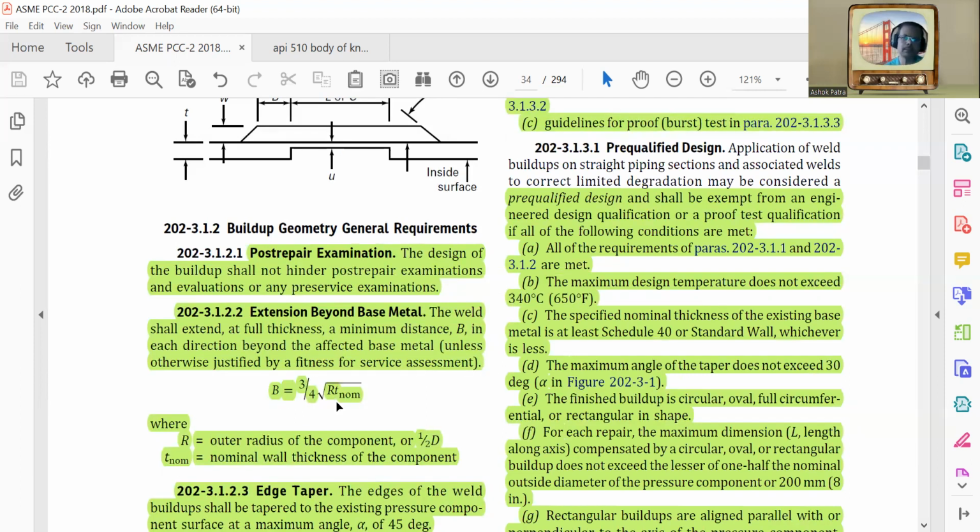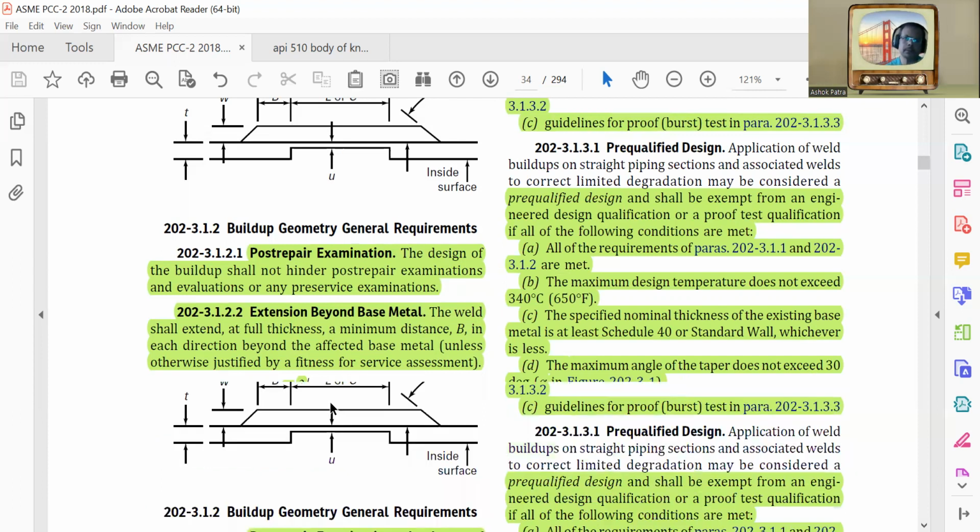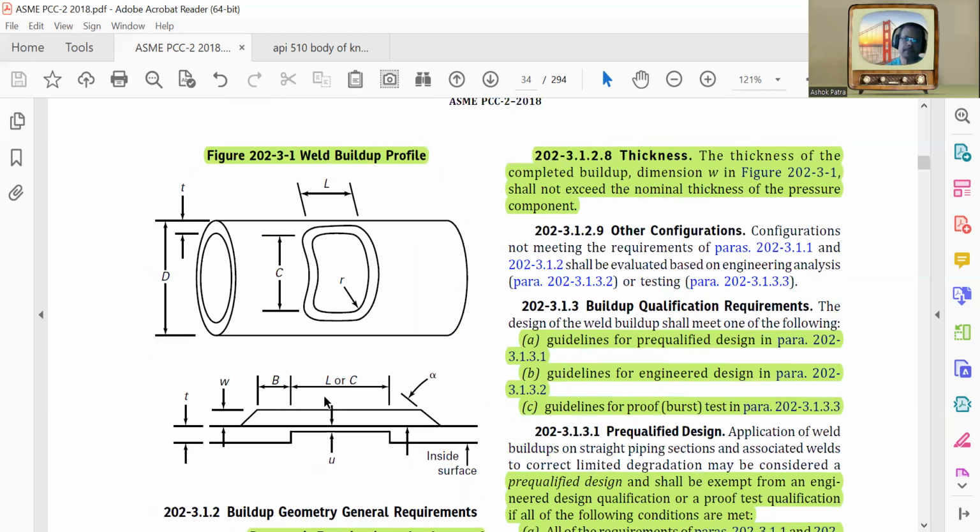B equals 3/4 of the square root of R times t nominal. R is the outer radius of the component, or half of D. t nominal is the nominal wall thickness of the component. So B is 3/4 of root R t nominal. So this is B, the extension beyond the